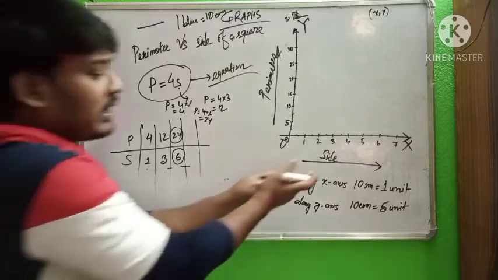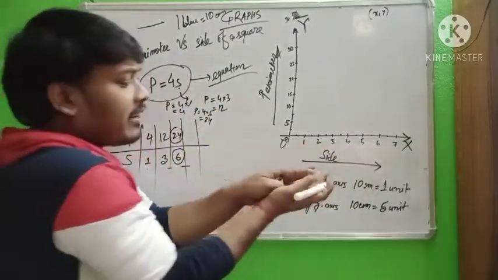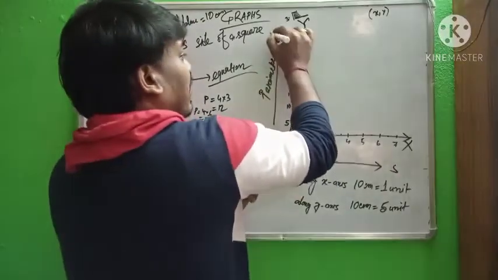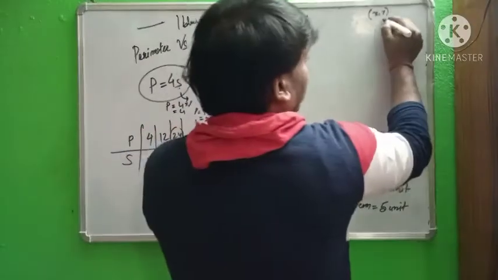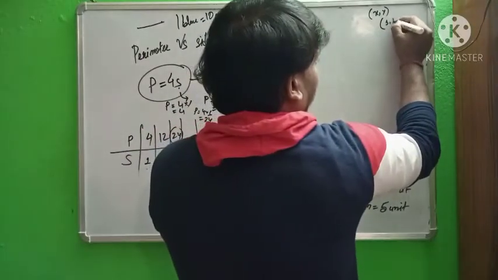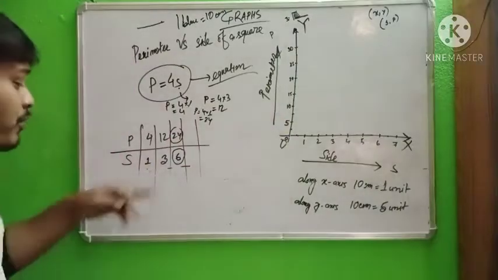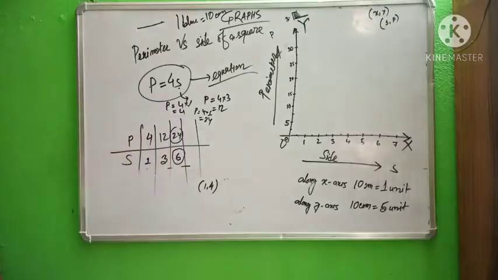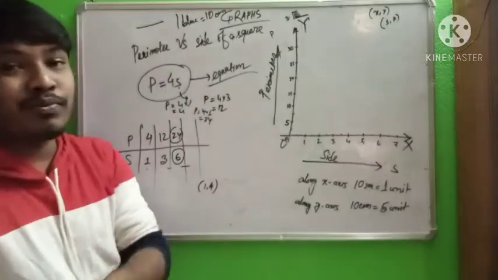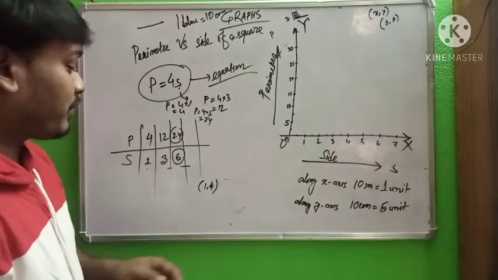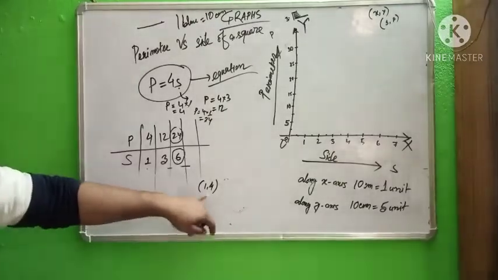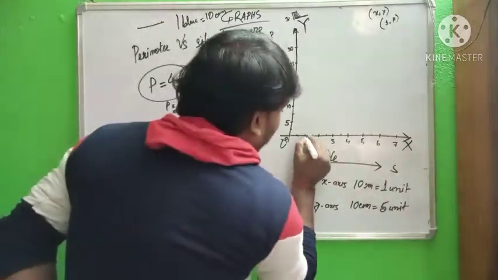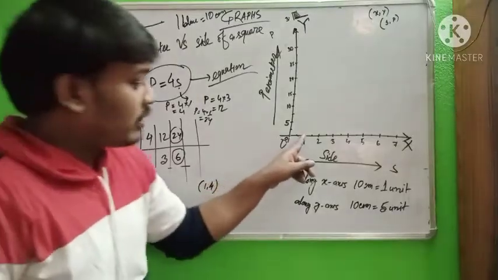So in this way we have taken the value of side. It is defined by small s, and in this way we have to define the perimeter p. So now the points are like that, s comma p. So the first point is 1 comma 4. In the previous class I told how to plot a point in the graph paper. Now the first point is 1 comma 4. So the value is 1 here.